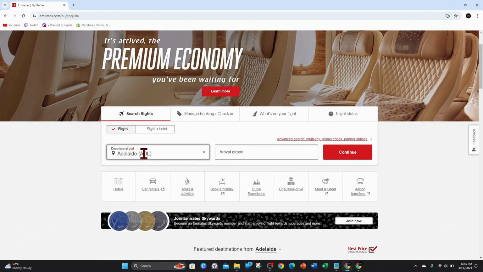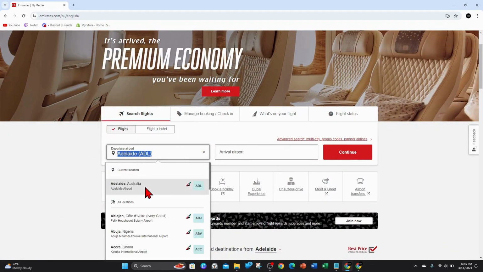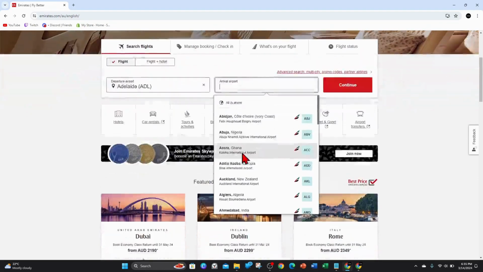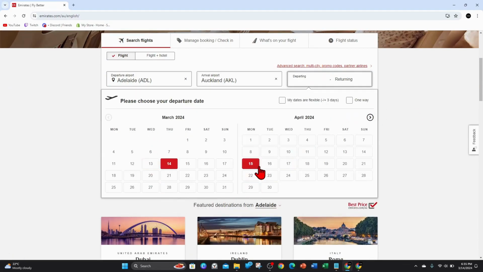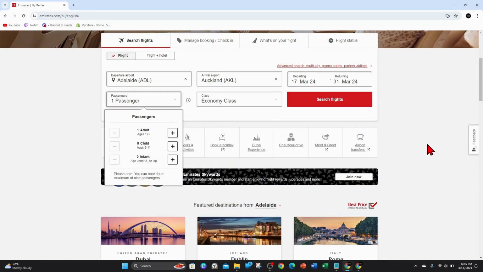So here you want to put in your departure airport. I'm in Adelaide, so I'm going to leave that in Adelaide. Arrival airport, I am going to choose Auckland for this demonstration, and now I'm going to choose the date. So I want to fly over on the 17th of March for this demonstration and then come back on the 31st of March. And passengers, I've got 2 adults,